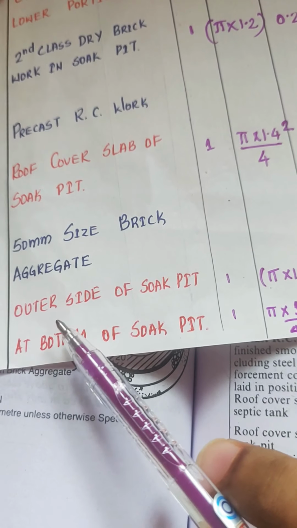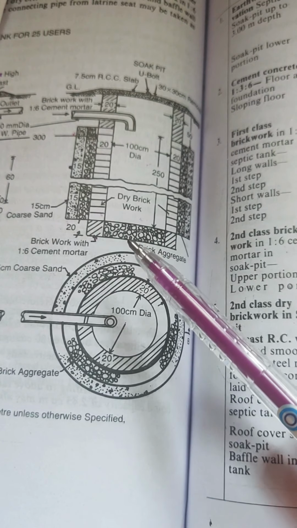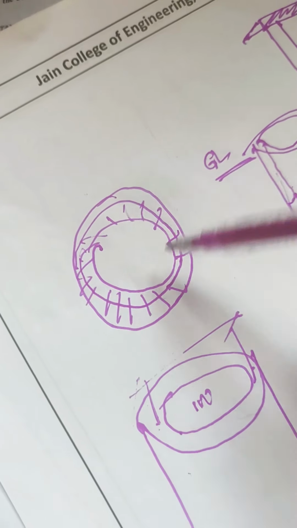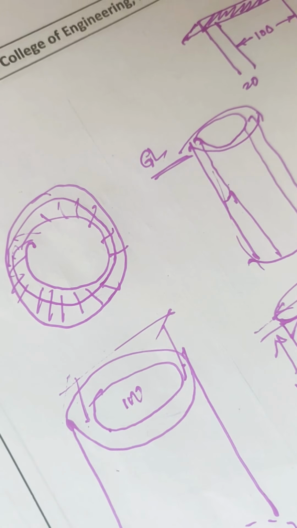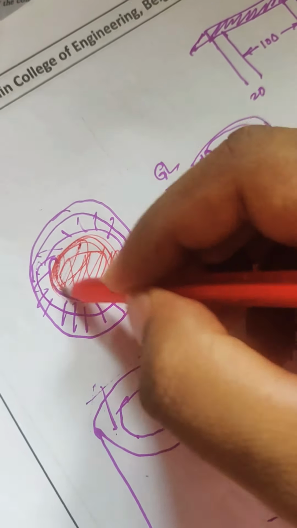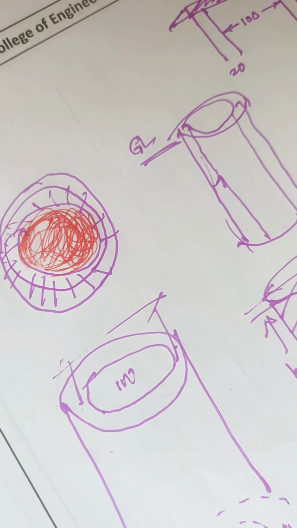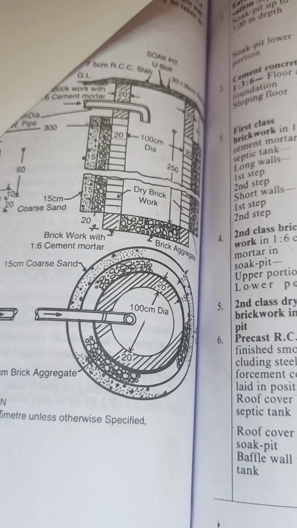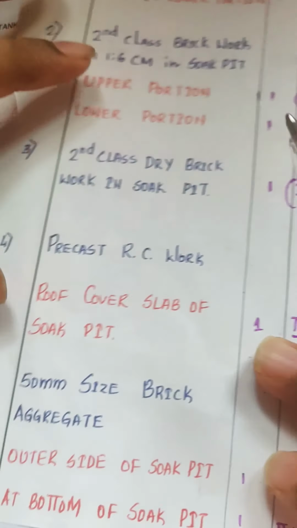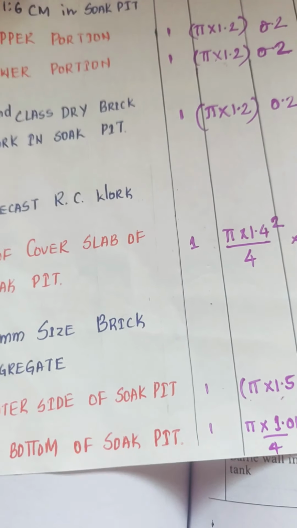Similarly, the same brick aggregates are provided at the bottom of the soak pit. The bottom of the soak pit means where? It is provided here. Now bottom of the soak pit means, if you see it from the top, it is occupying this area, complete area, right? So whatever the red portion you see, it is occupying that complete area. Now that complete area, how will you find out? For that, you have to take, it is laid here, bottom. So for that, you have to take what? Area into depth. You have to calculate the area into depth.